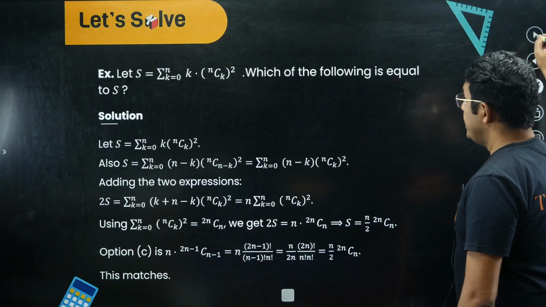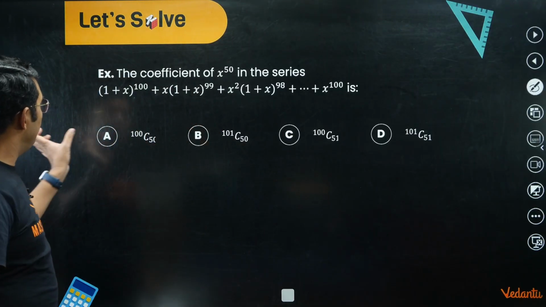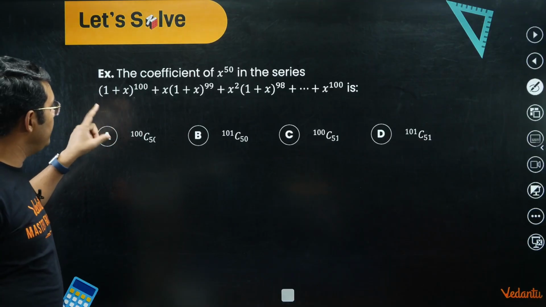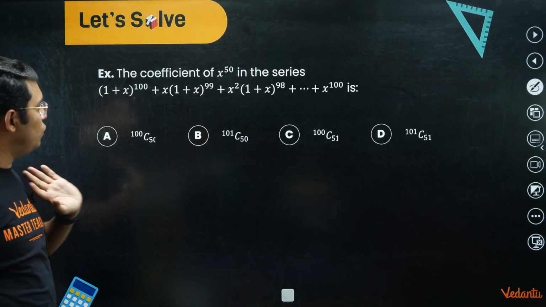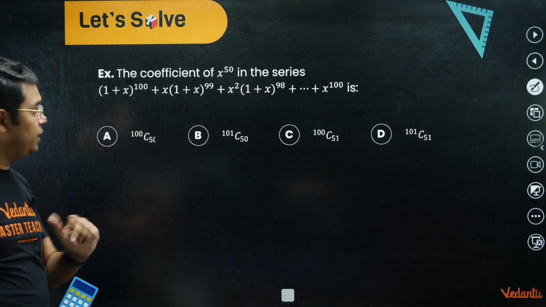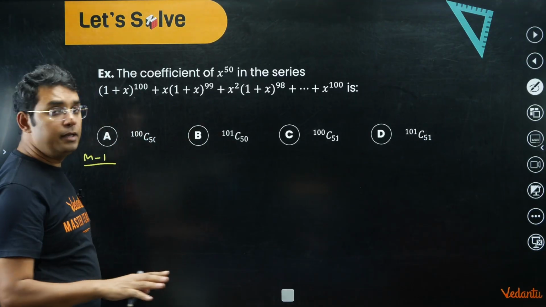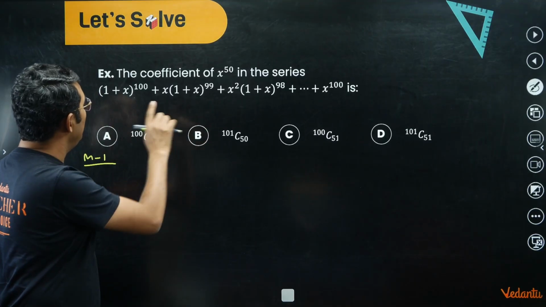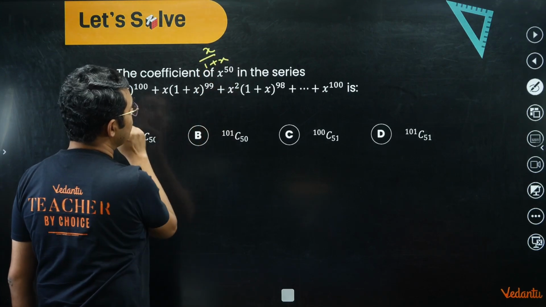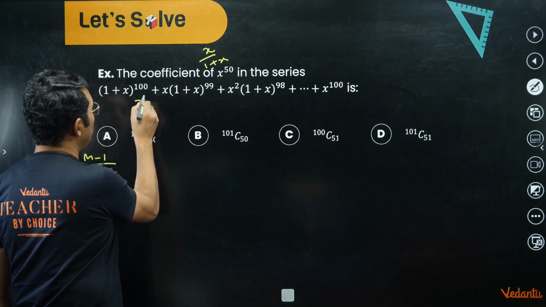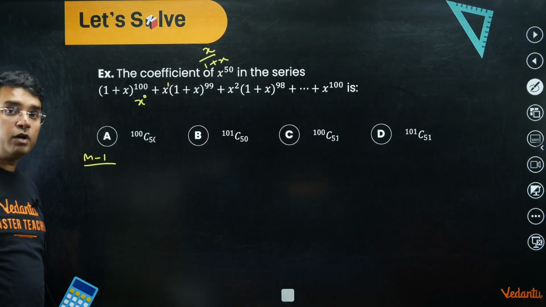Okay. Now coming to the next question, the coefficient of x power 50 in the series (1 plus x) whole power 100 plus x into (1 plus x) power 99 plus x square into (1 plus x) power 99 and so on. Now dear student, this question can be done in two ways. One method is that you apply the formula of GP, because you can see it's a GP whose common ratio is x upon (1 plus x), and the total number of terms would be, I think this starts with x power 0, and every time your power of x is increasing and it is going till x power 100,